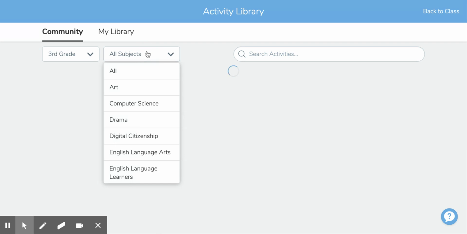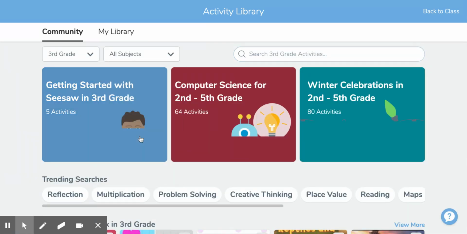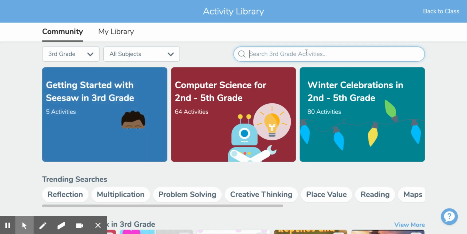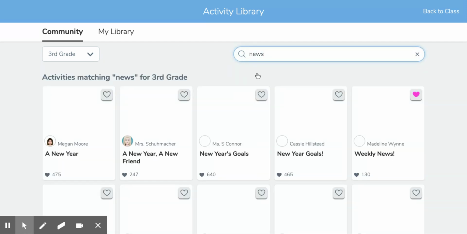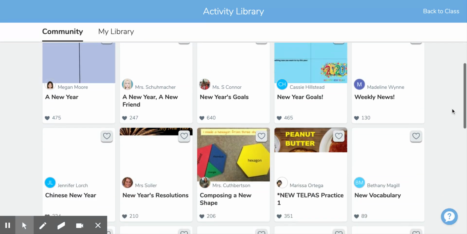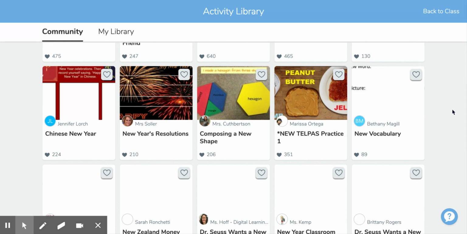And then if I click on all subjects, I can change it to the topic that I'm looking for, or I can simply use this search bar and search all third grade activities for a particular topic of my choice. Then it'll populate all the activities that have already been created on that given topic. Once you find one that you really like,